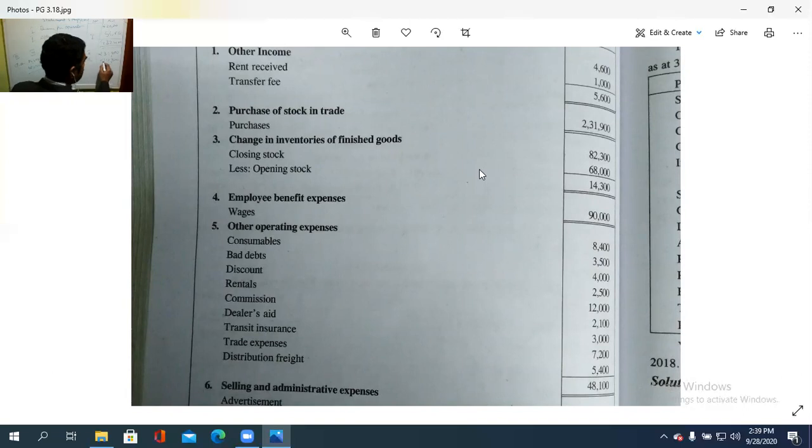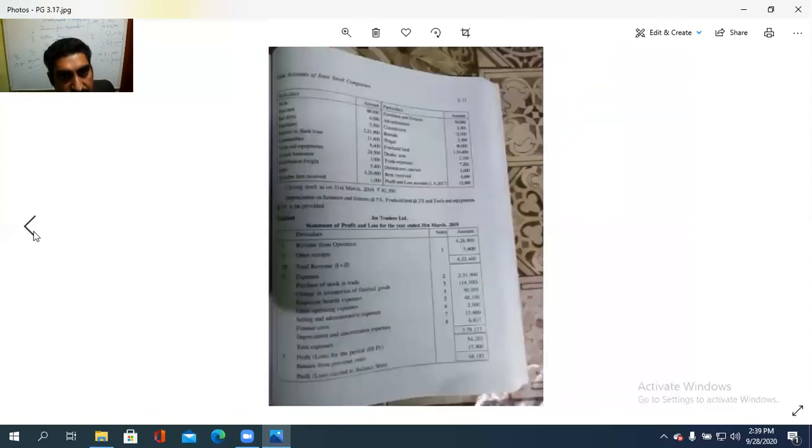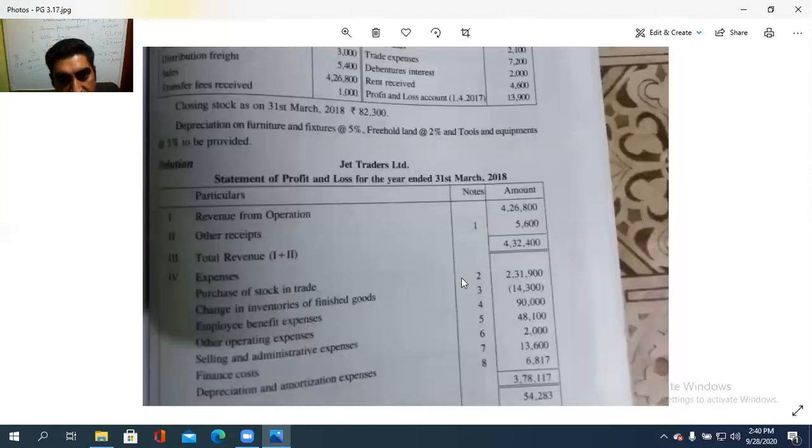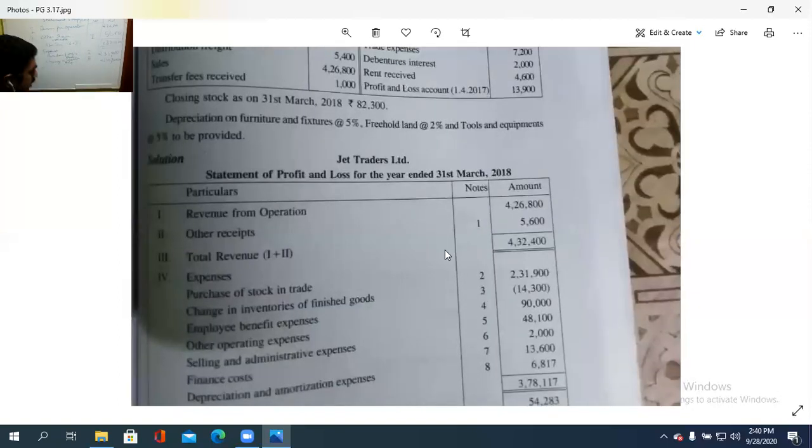So there will be a minus because closing stock is more than the opening stock, isn't it? So it is a minus figure that comes there, that is a deficiency, isn't it? So 14,300. Then next item,